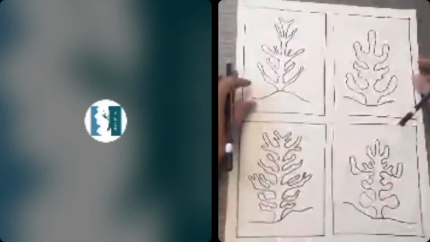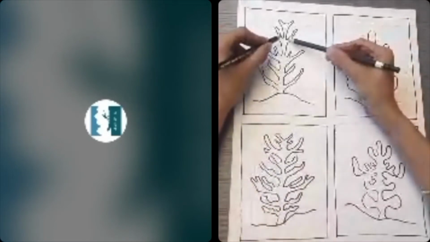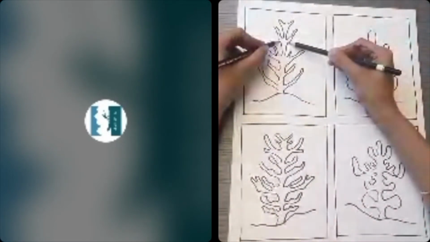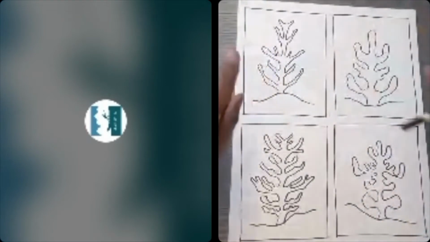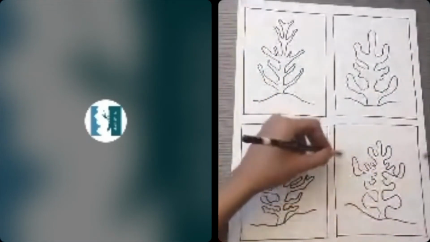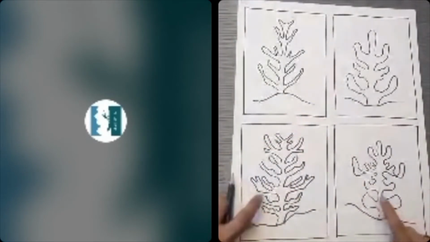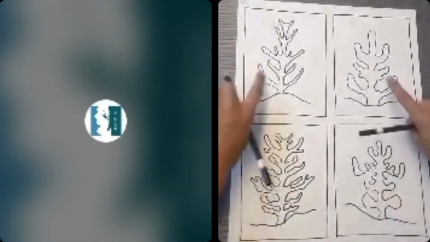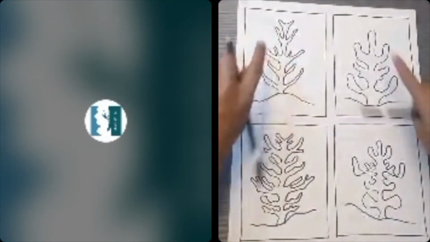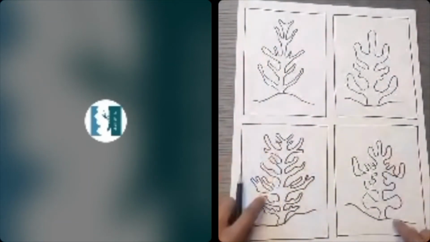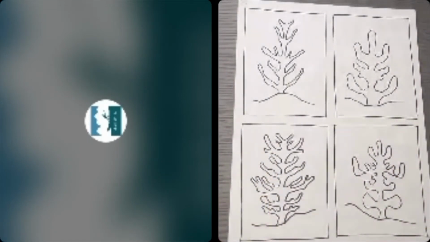All right, so if you'd like your coral to have slightly more pointed branches like this, you could follow along like that. If you're feeling a little more adventurous and you'd like to take it all over, add in a lot more detail, you can try either of these two. These two are a little simpler with slightly different forms, and these two are a little more complex. Okay, so at this point, I'm going to wait for a couple of minutes because I know this might take some time. You don't need to erase, do your best, and I'm sure it'll look great. I will also take some questions now. If anyone needs to just type it in quickly, I can respond to that soon.